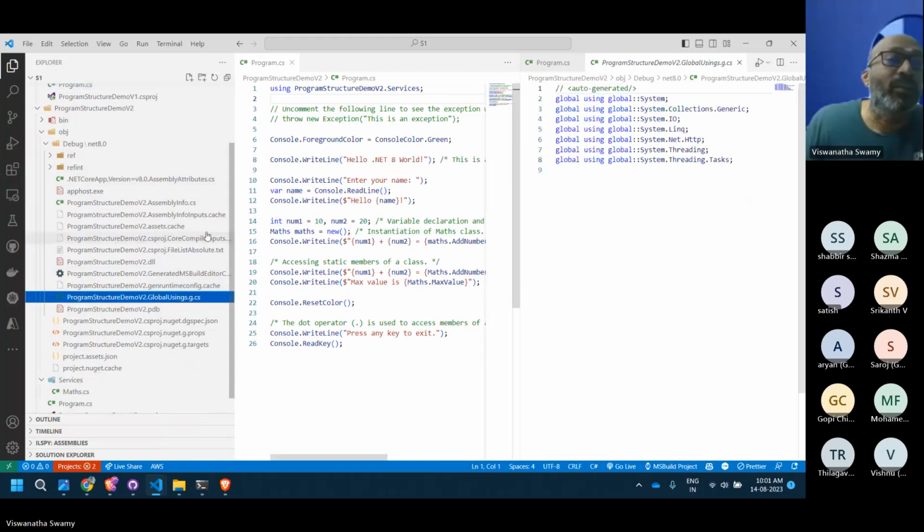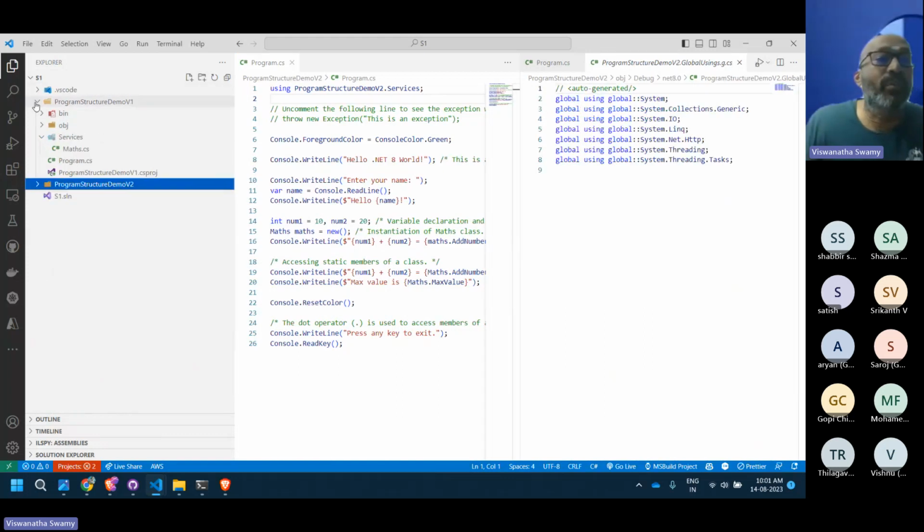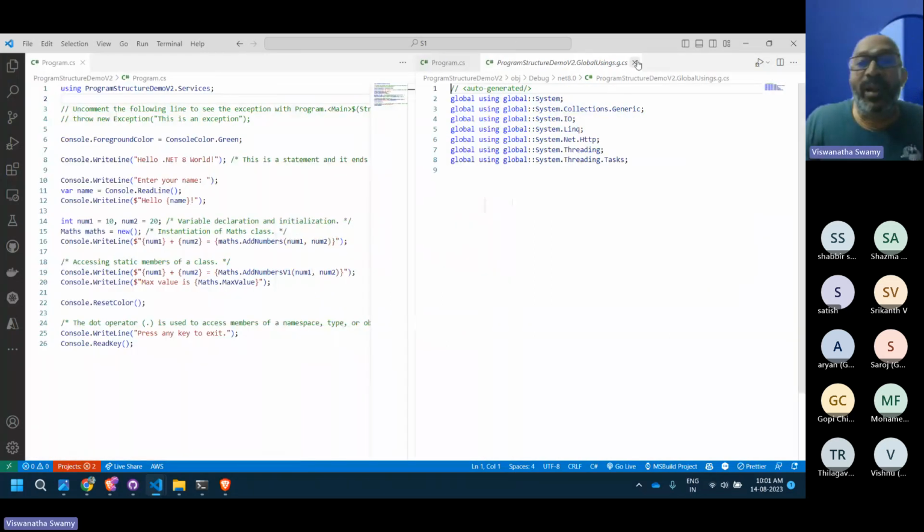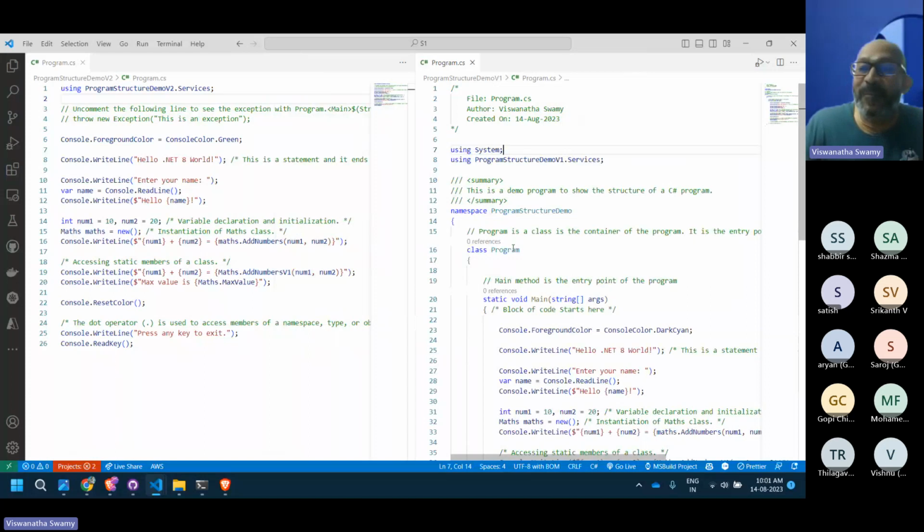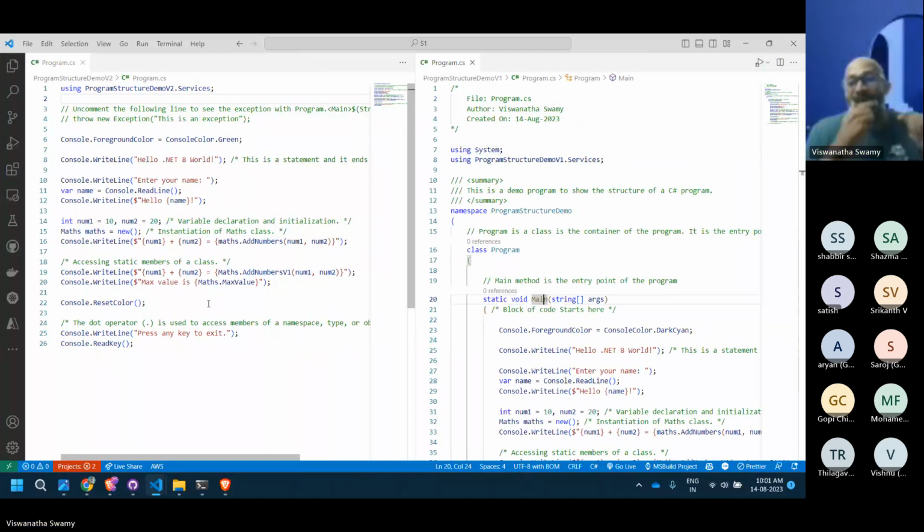Now the second and very, very important thing is that in this program, you have the program class and a main method. Here we don't have a main method. And Swami, you told us that the main method is an entry point. Then how does the runtime, the one executing this program, know what to execute?